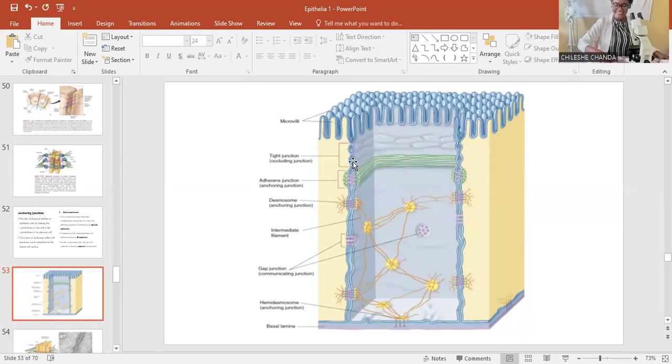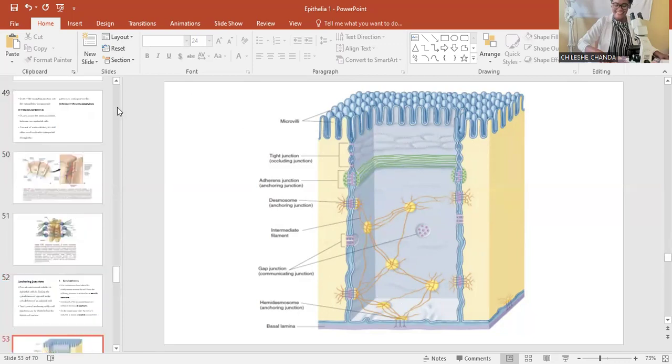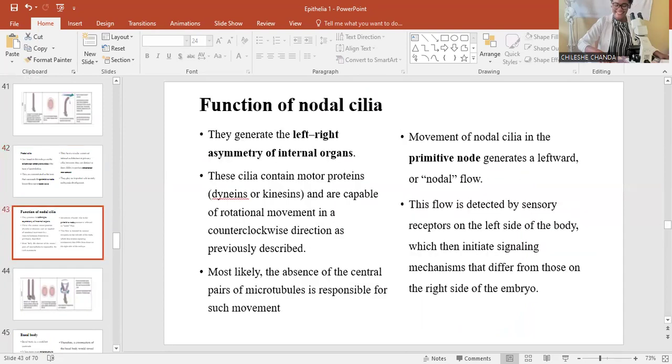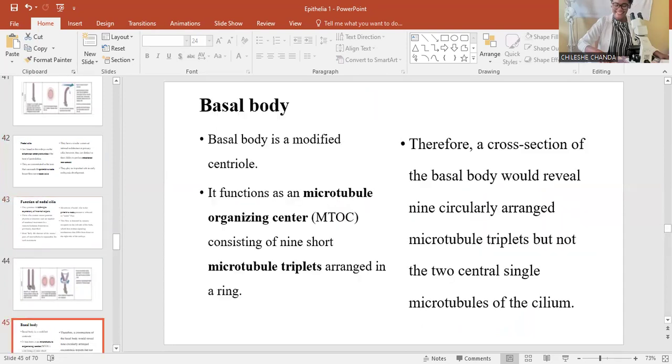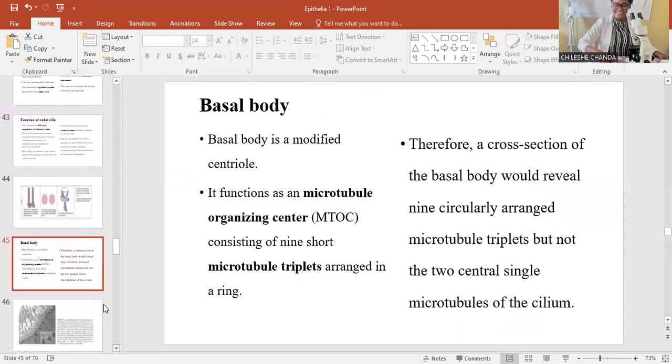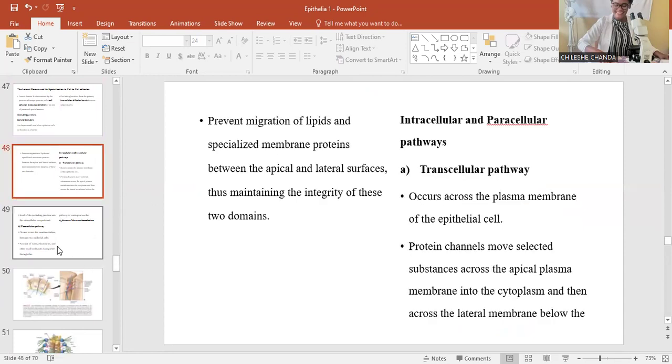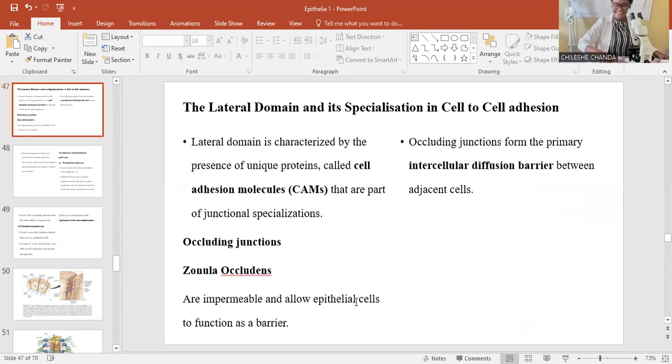So if you see this part here, we find that this cell here is closely connected to this cell, which is appearing blue, by these junctions known as tight junctions. The other name for tight junctions is occluding junctions. These junctions are the ones that are found at the topmost part near the apical portion of the cell. And one of the functions of those occluding junctions is to